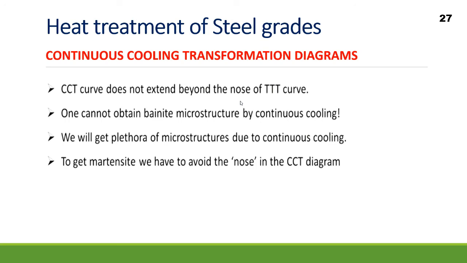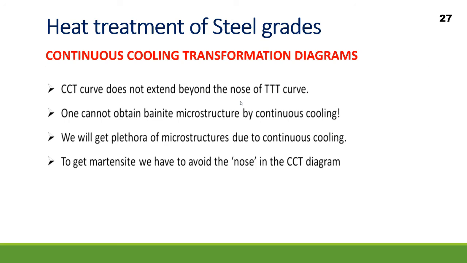So it may be possible that on the top of your sample you have a different kind of microstructure, and at the core of your sample you have a different kind of microstructure. And this is what I mean by a plethora of microstructures due to continuous cooling within the same sample. Number 4 is that to get martensite, we have to avoid the nose of the